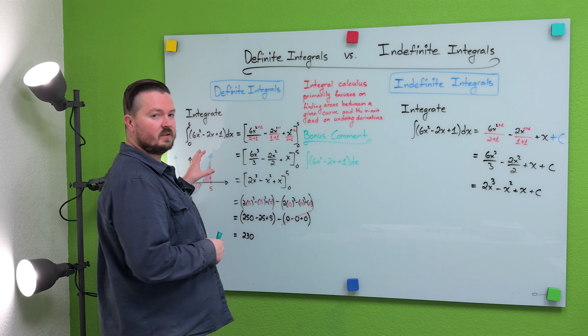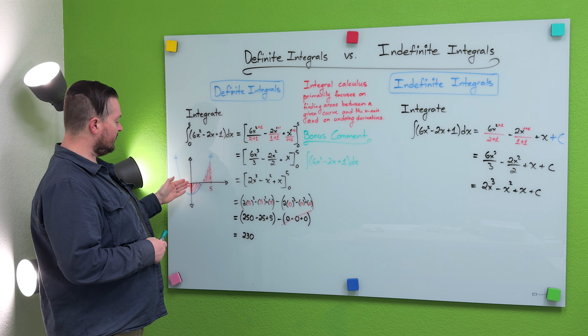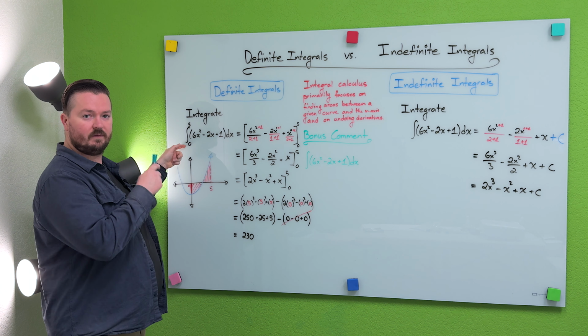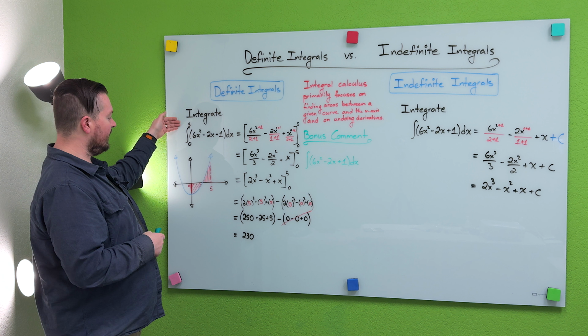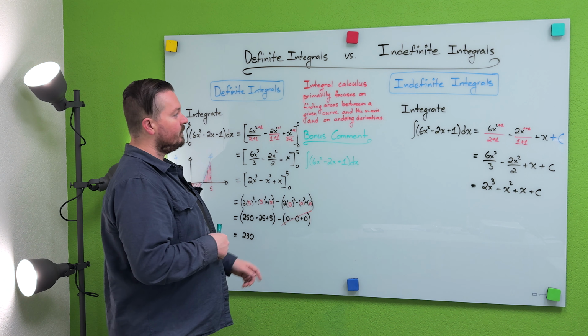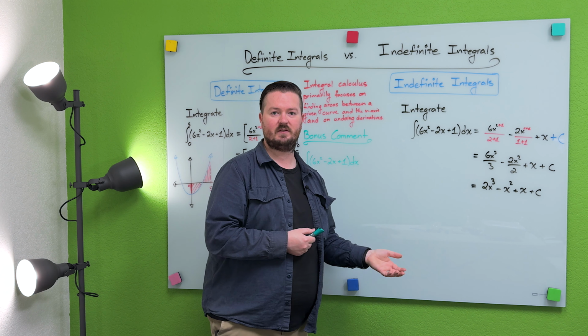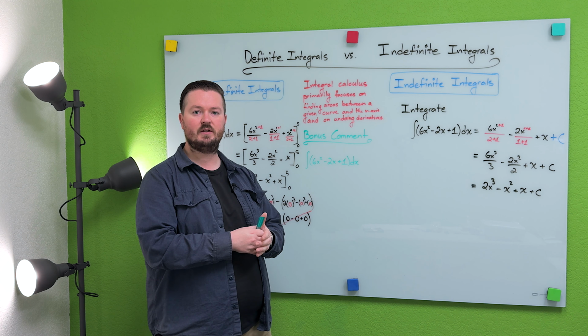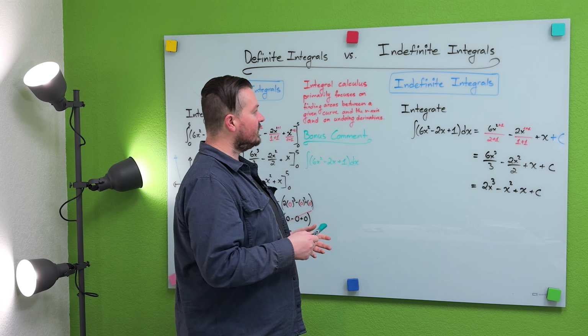So definite integrals give us the area between the curve and the x-axis. We first start looking for that area at x equals 0 for this problem. We stop looking for the area at x equals 5 for this problem. But indefinite integrals are literally just antiderivatives. It's just saying, I want you to undo taking a derivative. So that's the gist of